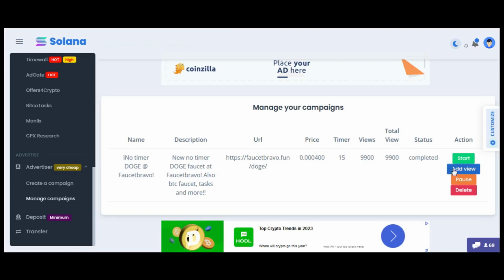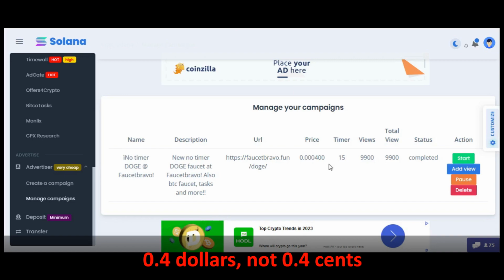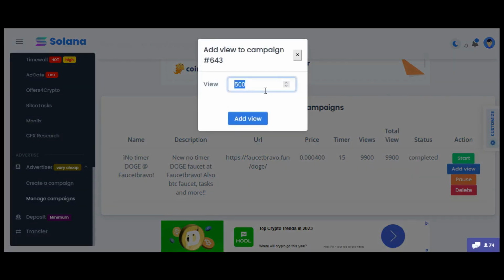So for example, if we want to add 1000 views to a completed campaign, you will have to multiply 1000 per this value here. This will be 0.4, which is in dollars, so this will be 0.4 cents, and this means 40,000 tokens. So if you want to add 1000 views to this campaign, you will need to have 40,000 tokens in your